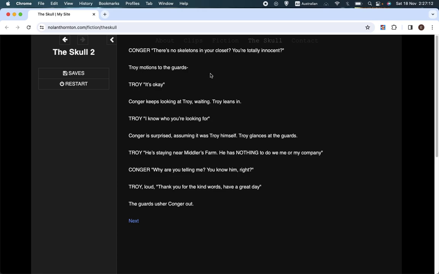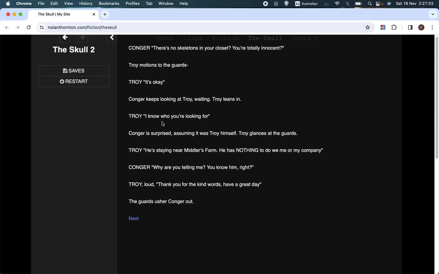why would someone who had skeletons in their closet say, you know what, you're right, I killed someone when I was a kid, you got me? Like, of course, what does the main character think is going to happen by saying that? Surely it's only going to get a denial, and that's going to happen whether the person is innocent or guilty. Anyway, and then Troy says, "I know who you're looking for." Conger is surprised, assuming it was Troy himself. So,